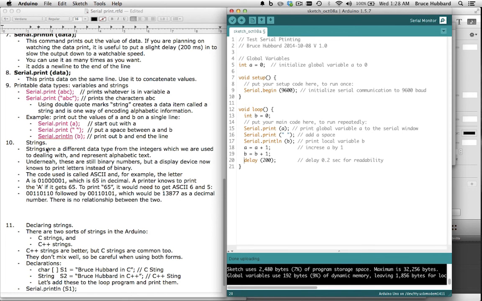strings, number 10. So far, we've used integers. I think we may have used floats in some of our examples at school, but we haven't looked at strings yet. Strings are another type of data which are used for alphabetic characters, alphabetic strings. And they're coded inside using a code called ASCII, A-S-C-I-I. They're just binary numbers underneath, but they're interpreted specially by print and display devices as characters and